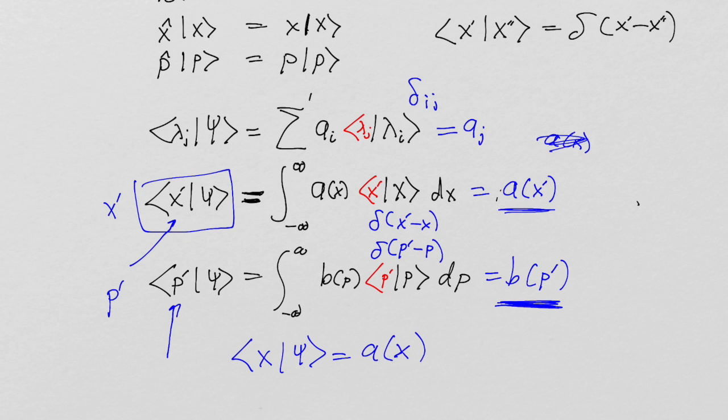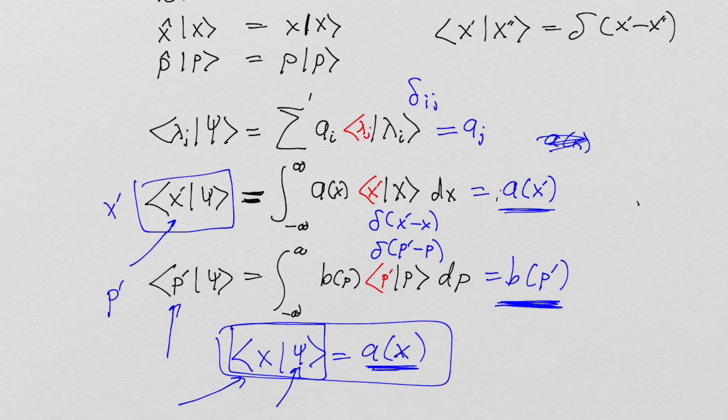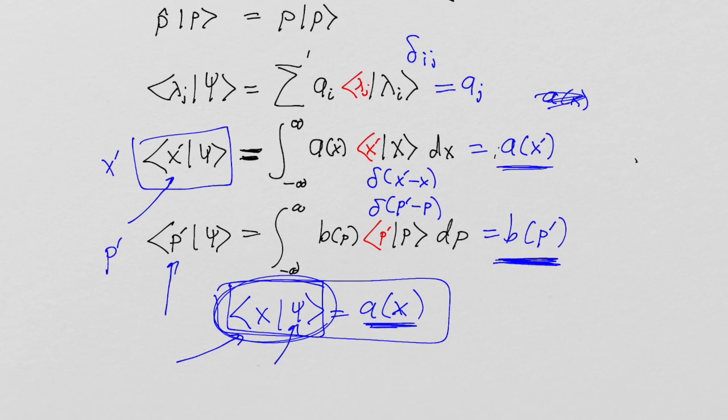And this function is given by this inner product. Psi is a fixed state. Psi is a state that we selected from the beginning. That's the subject of our investigation. But I can pick any x, and therefore this guy here is now interpreted as a function of x, right? So given that,